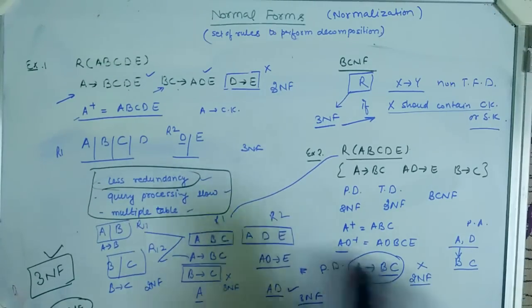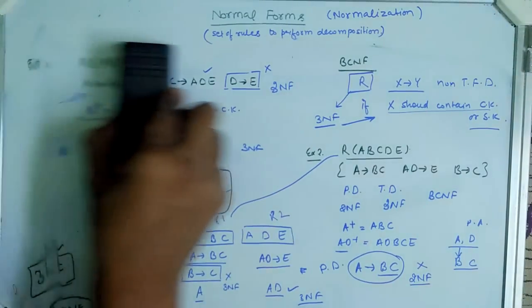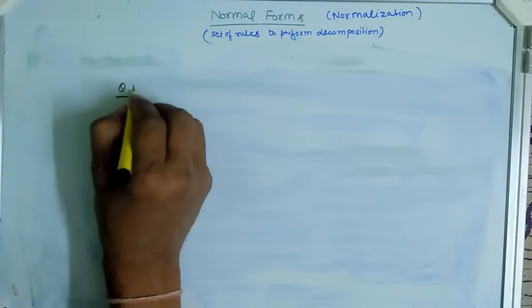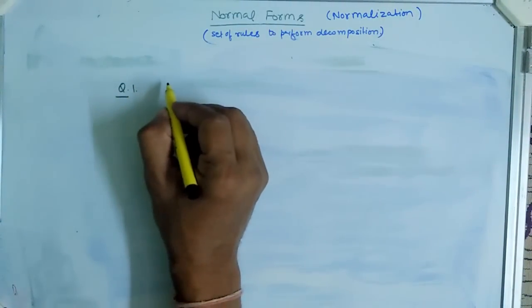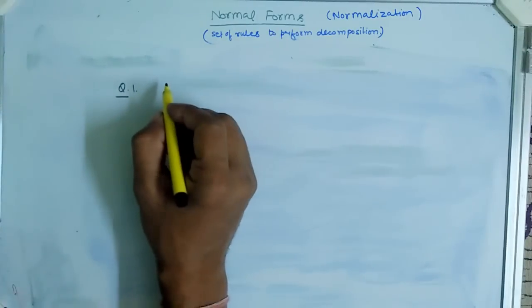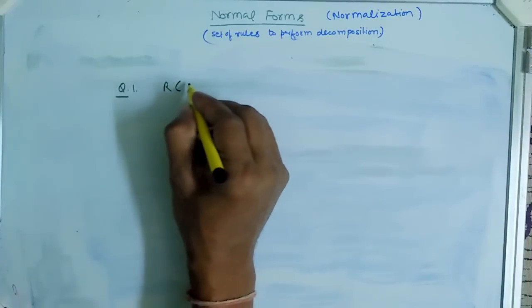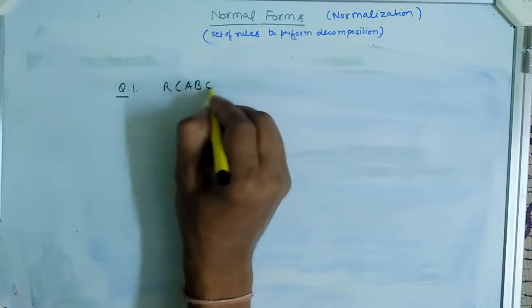So in this video you have learnt about all the normal forms, which are very important in database normalization, and you also understood some examples based on these normal forms. I also listed some questions you can try out. If you find any difficulty in finding the highest normal form for these questions, then you can drop a comment in the comment section. So the first question is A, B, C, D, E.